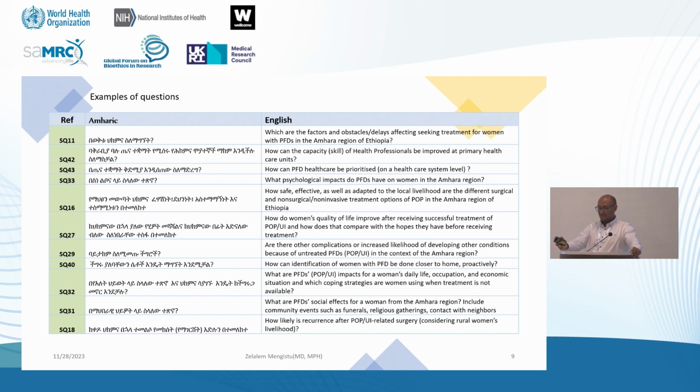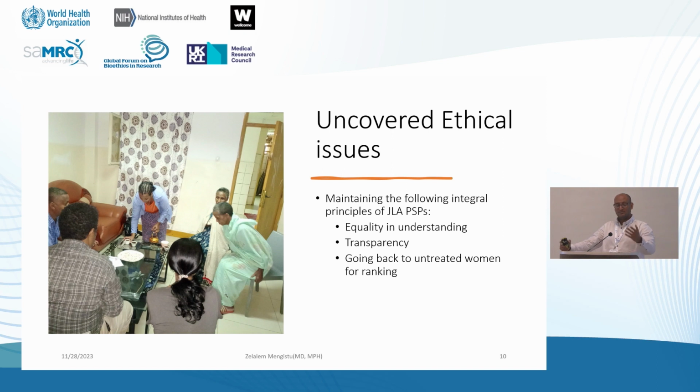These are the top 10 from the interim prioritization, but we have about 20, which needs a workshop and face-to-face agreement to come up with the top 10 uncertainties. Since it was difficult to know how to go about it, we were having different consultations with patients with the problem on how to do it and how to communicate with them. While we ran this uncertainty priority partnership, we uncovered some ethical issues.